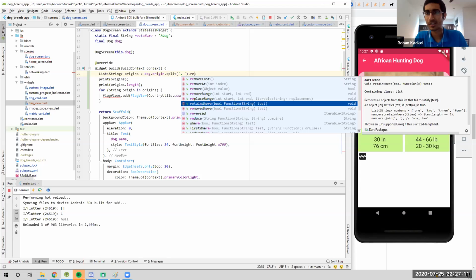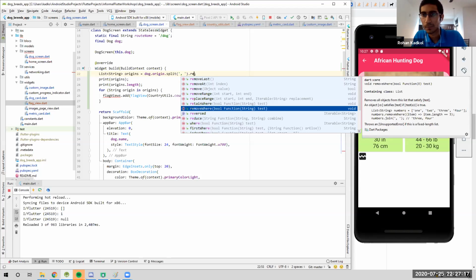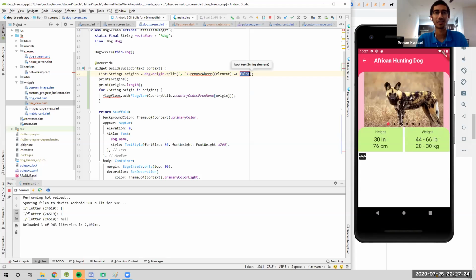Remove all objects from the list that failed the successful test. Retain where? Not retain, remove where? Remove where item dot length is equal to 3. We're getting some good stuff here. Remove, so an element to return that remove where